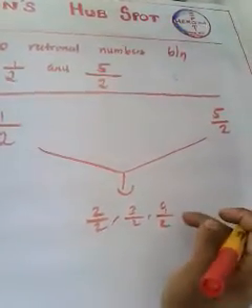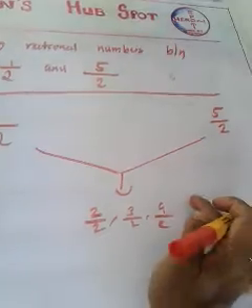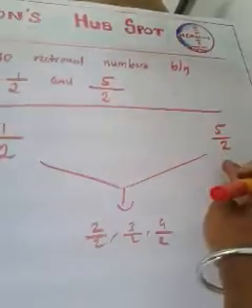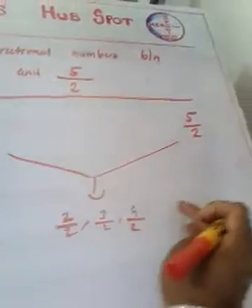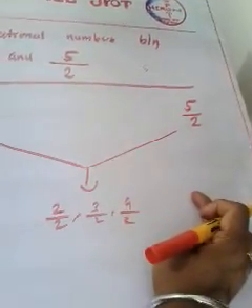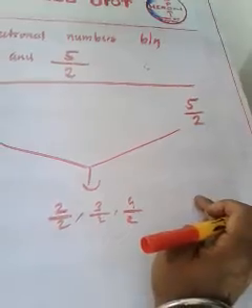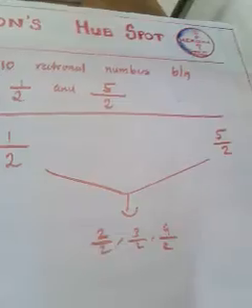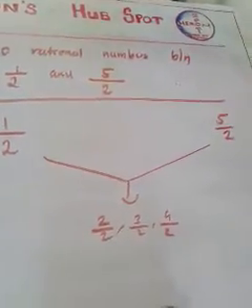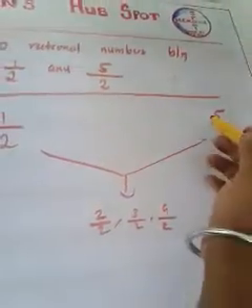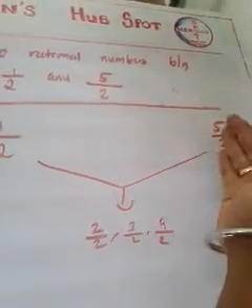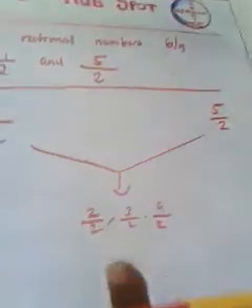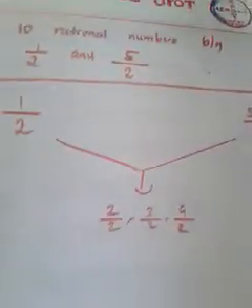Can you write the next rational number in this way? Then the next will be 5 by 2, no? We need the rational numbers in between 1 by 2 and 5 by 2. You are not supposed to write 5 by 2. And the next rational number will be 6 by 2. Can you write 6 by 2? No, because 6 by 2 will exceed 5 by 2. We need the rational numbers in between 1 by 2 and 5 by 2. The border is 5 by 2. You can go just less than 5 by 2, that means maximum up to 4 by 2. But how many rational numbers came here?